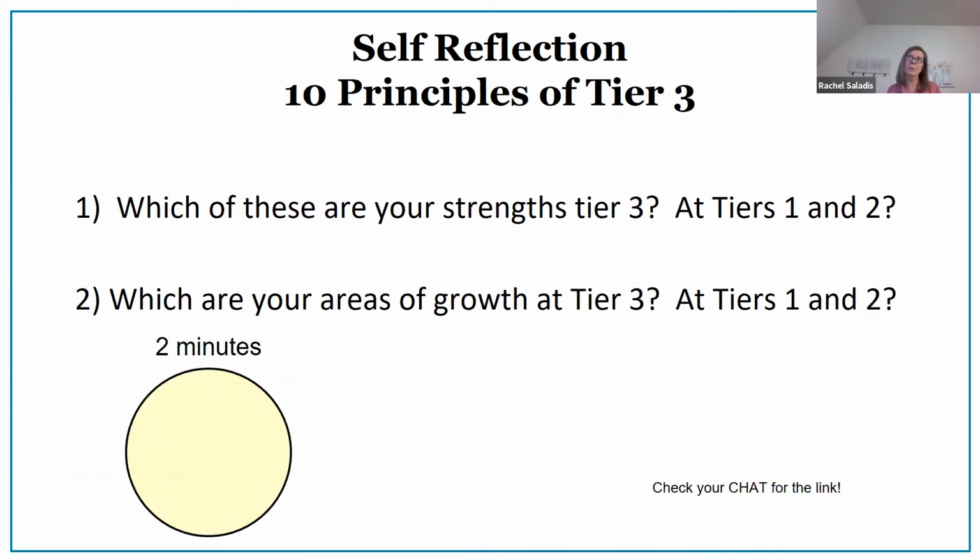I'd like you to think about those 10 principles. Which of those do you consider a strength? Personally, in your school, supported by your district? Think about Tier 3 strengths, and then take that a little further and think about if that's also a strength at your Tier 2 work or your Tier 1 work. You might also have noticed that you have some opportunity for growth at any of those tiers as you think about adhering to those 10 principles in the work that is ongoing in your building with students and families.